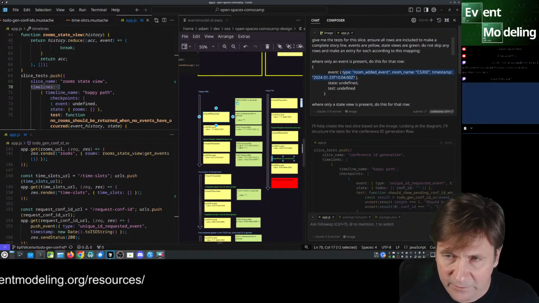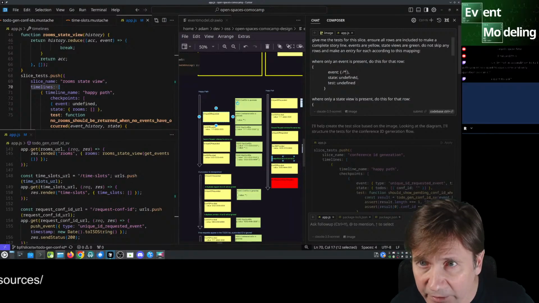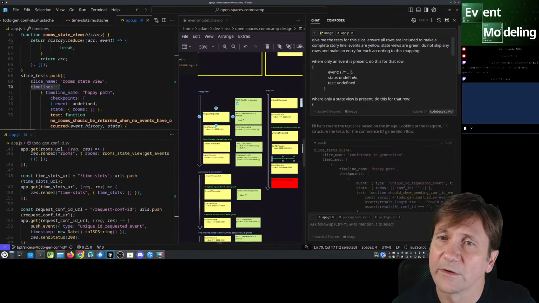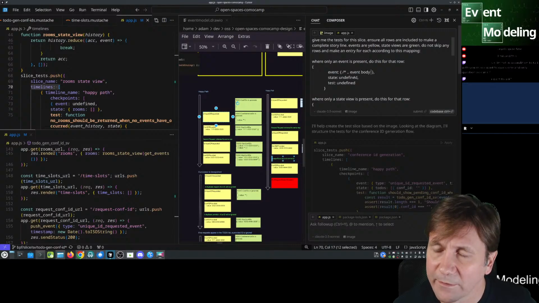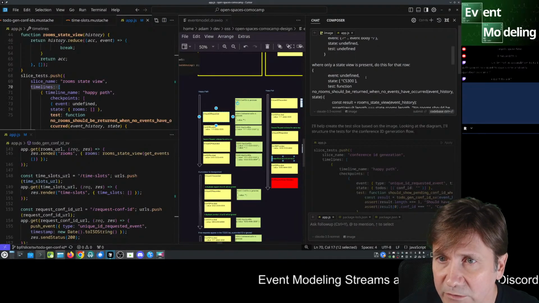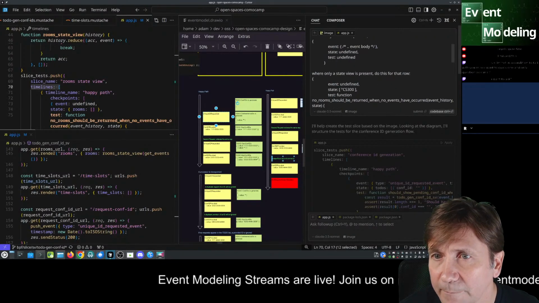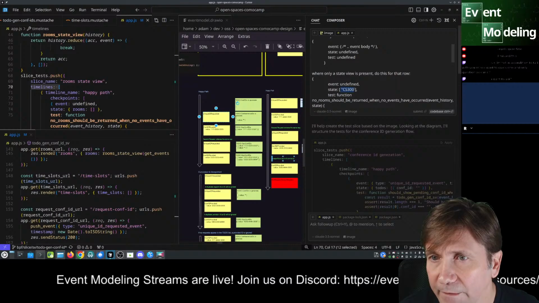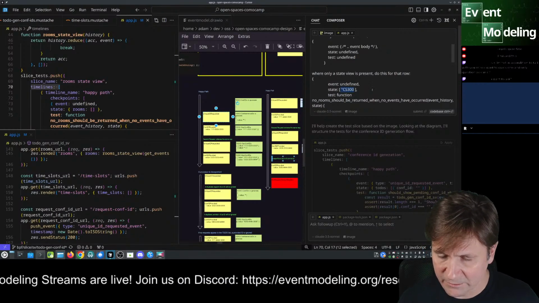I want to have a star dot event body. Make it generic. I think that's the other thing, is that we're getting too much, and that also has a missing quote.